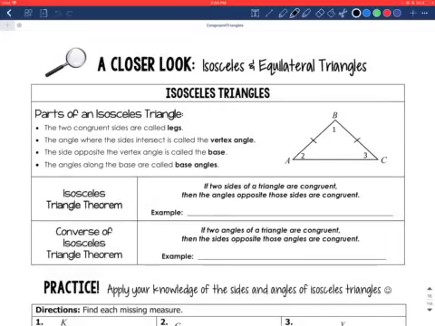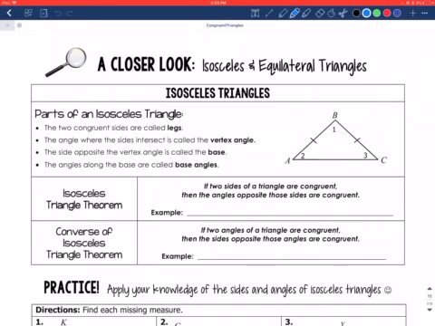All right, isosceles and equilateral triangles. So obviously you guys know an isosceles triangle is a triangle that has two of the same sides. An equilateral triangle is a triangle that has all three sides equal. You're probably thinking, what in the world? This is going to be super easy. Well, yes, but there's a couple of things that we need to know about isosceles and equilateral triangles, specifically involving